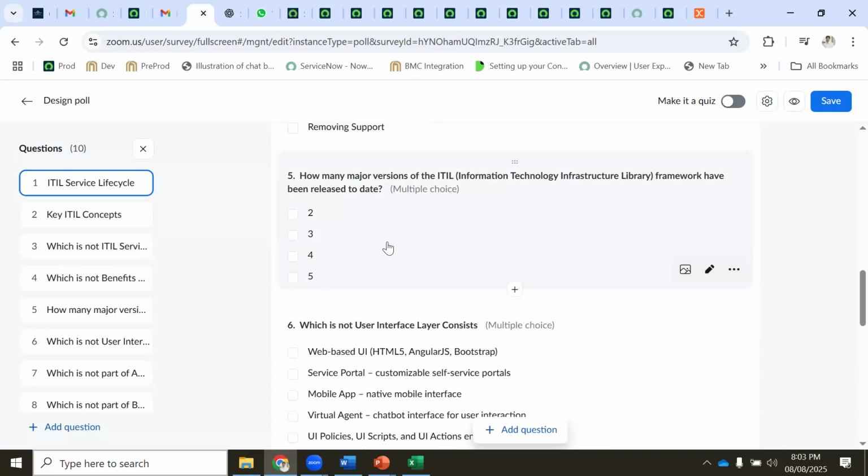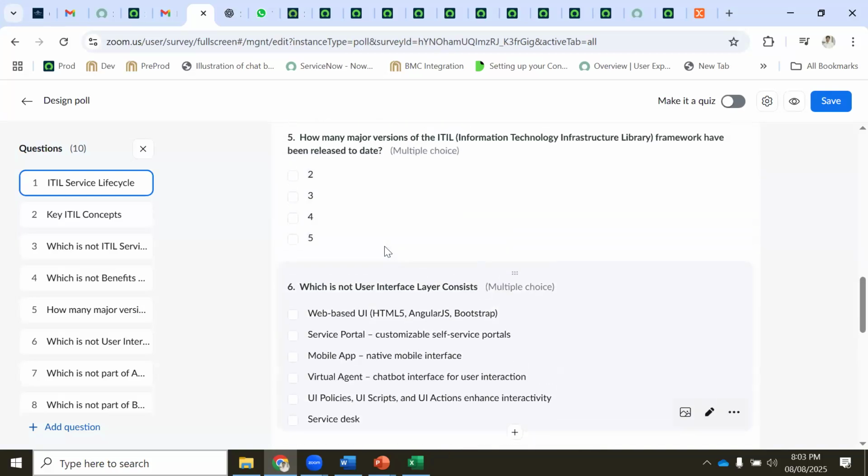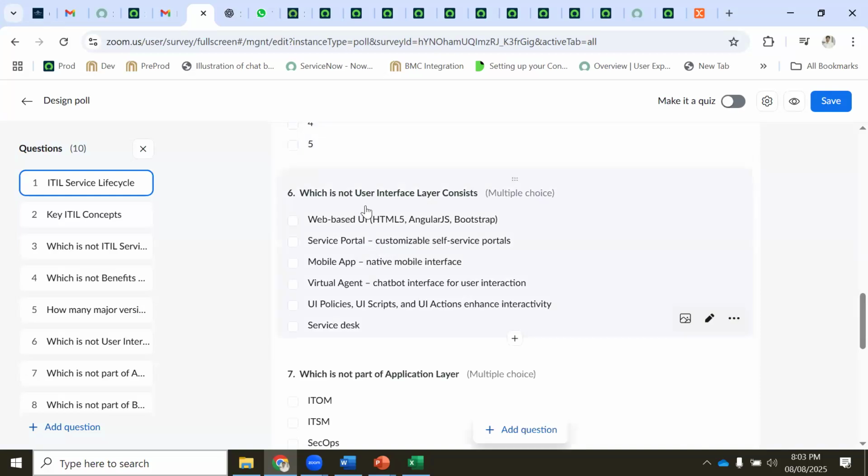We discussed this one today also. Okay. So which is not a user interface layer consists. We discussed this today also, which is not a user interface layer, as an example.